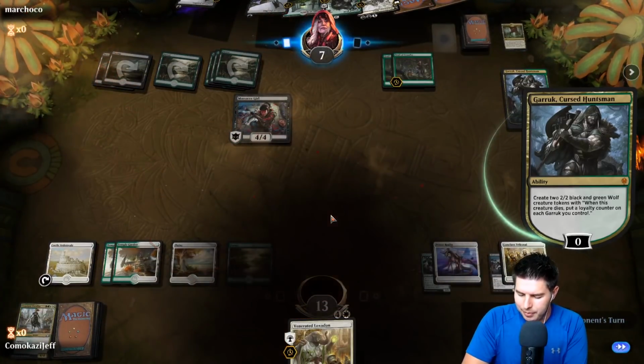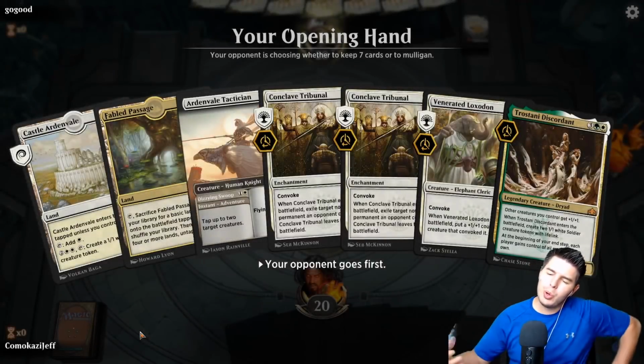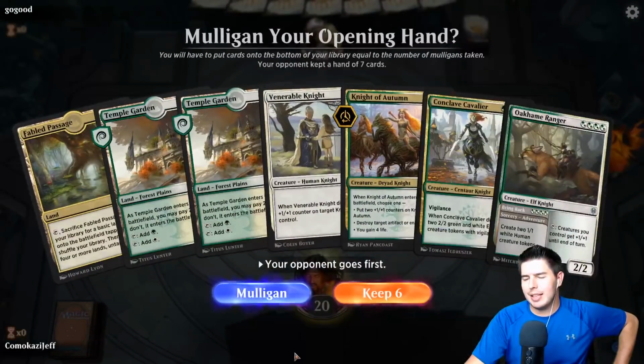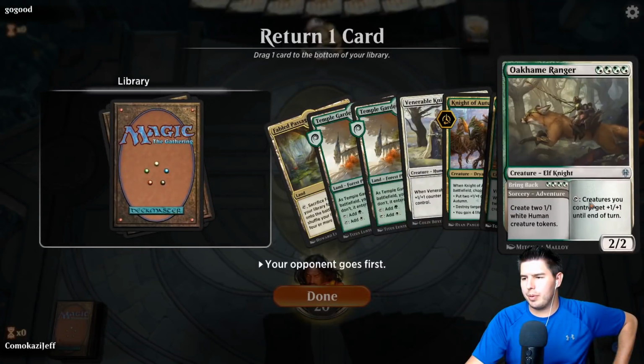Yeah. All right, up against Go Good. Bring it on, Go Good. Or Go Good? All right, sorry. We gotta mulligan this. This is much better. Keeping this, let's drop...